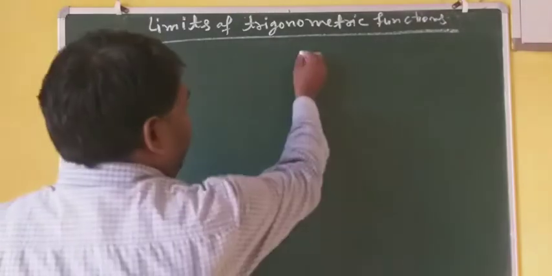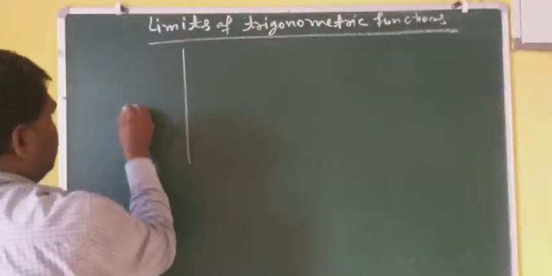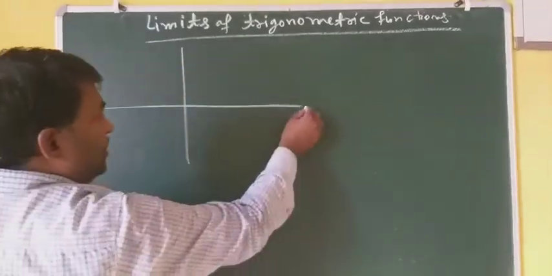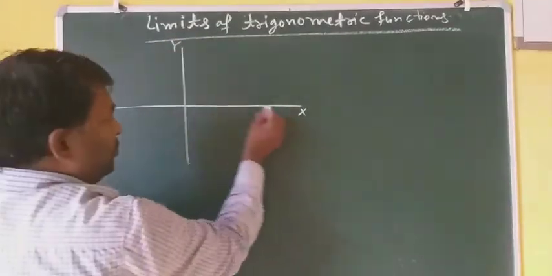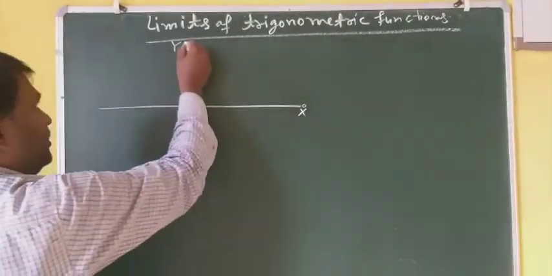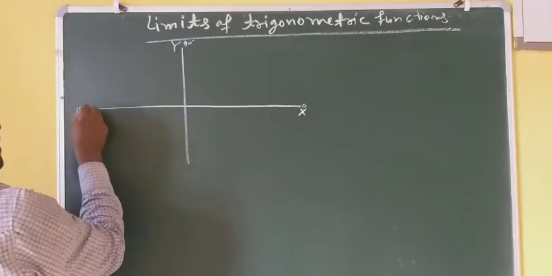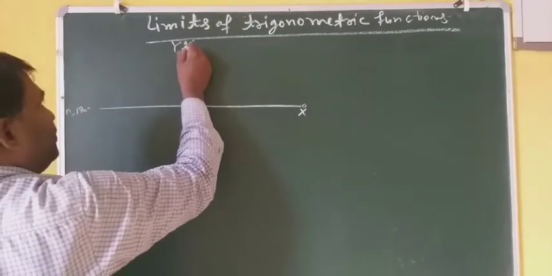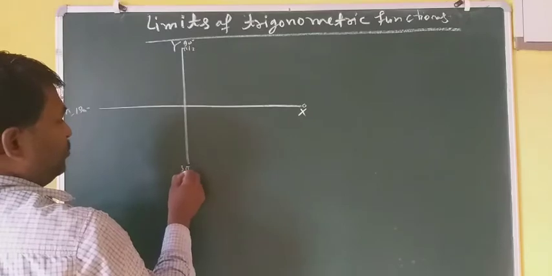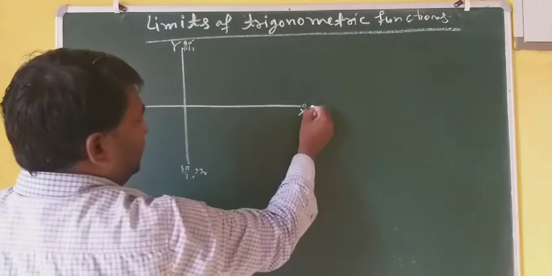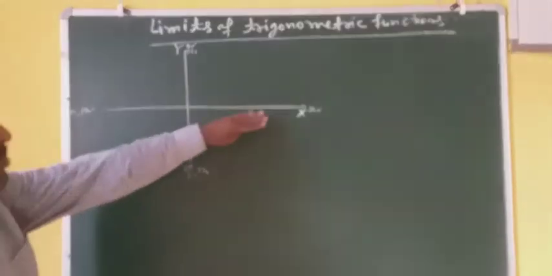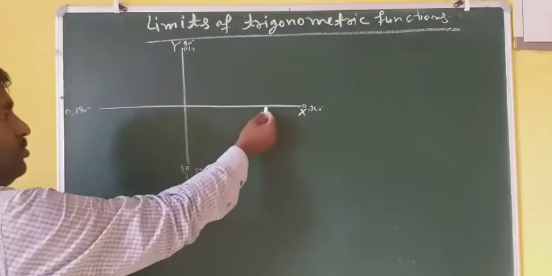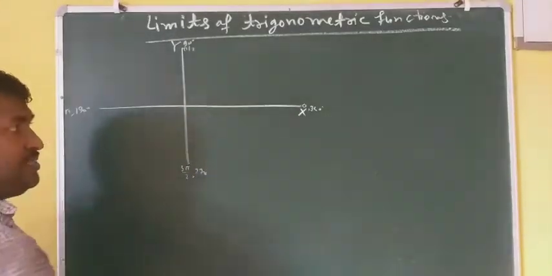Before solving further, I would like to explain some trigonometric relations. These are the coordinate axes, x-axis and y-axis. As you know, this is 0 degree, this is 90 degree, this is 180 degree or pi. In radians it is pi, and 90 degrees is pi by 2. This is 3 pi by 2 or 270 degree, and this is 360 degree or 0 degree. When you move in the anti-clockwise direction, the angle is always taken as positive, and when you move clockwise, you take the angle as negative.